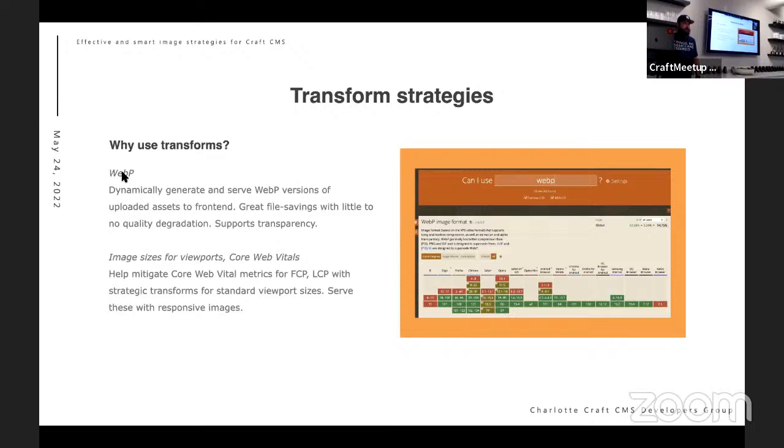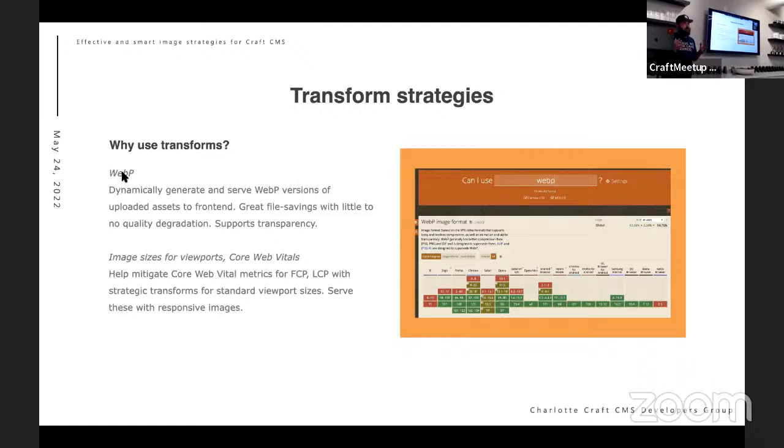Plus, Core Web Vitals is literally going to look through your site and see if you're serving next-gen formats. If you're not, you're going to get hit. Your benchmark, you're already going to have that red right there. You're not using next-gen. Why are you not using next-gen? That's going to help with your first contentful paint, your largest contentful paint. All of those metrics are going to be better because you're literally serving a high-quality image with a very low file size,